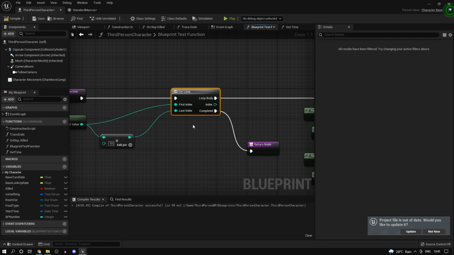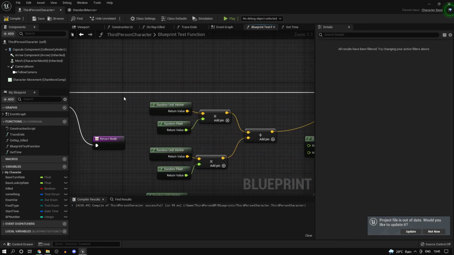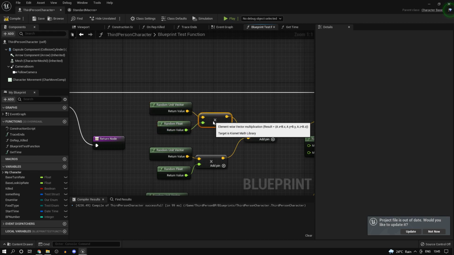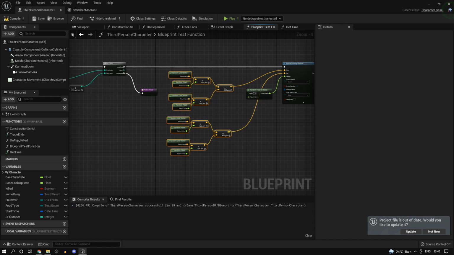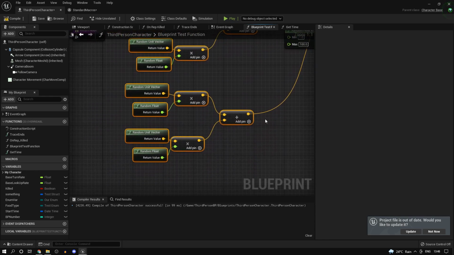Now your blueprint code runs on the virtual machine, and all of this, including your random unit vector, random float, all of these are actually just C++ functions. So the program control has to switch between the virtual machine and your native code. So that's what actually causes the performance problems.